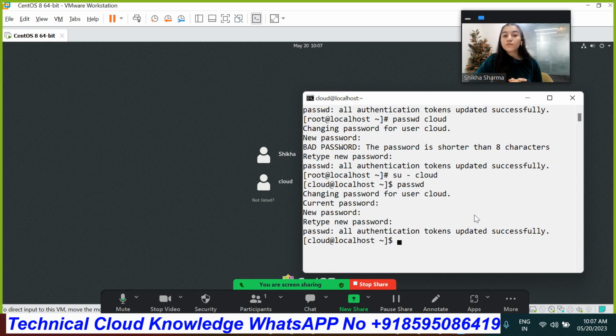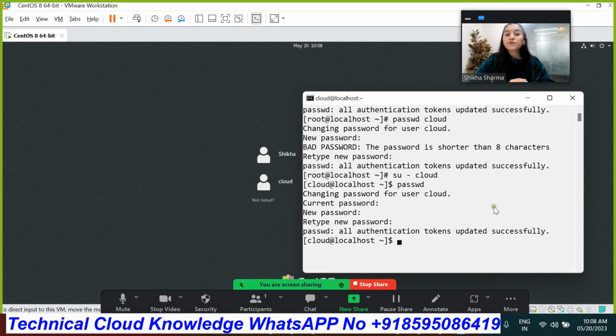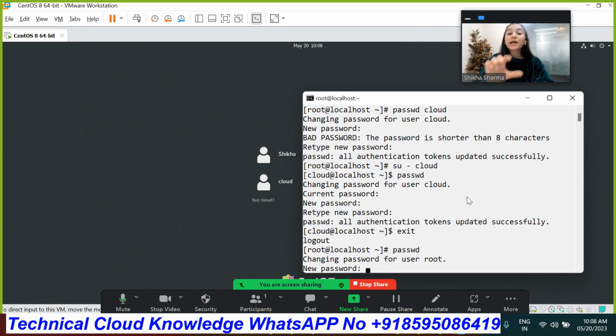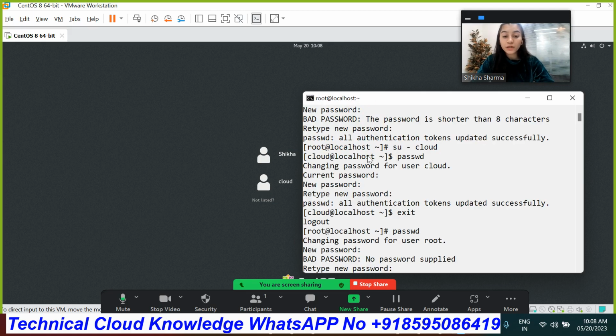Basically, most people make a mistake in changing the password. When they are on the root directory, they just run the passwd command. But when you only execute the passwd command as the root user, you are not changing the cloud user password. You are not changing the password of any created or local user. You are changing the password of the root user itself. As you can see here as well, changing password for root user. So you do not need to make this mistake. Be careful while changing the password of any user.